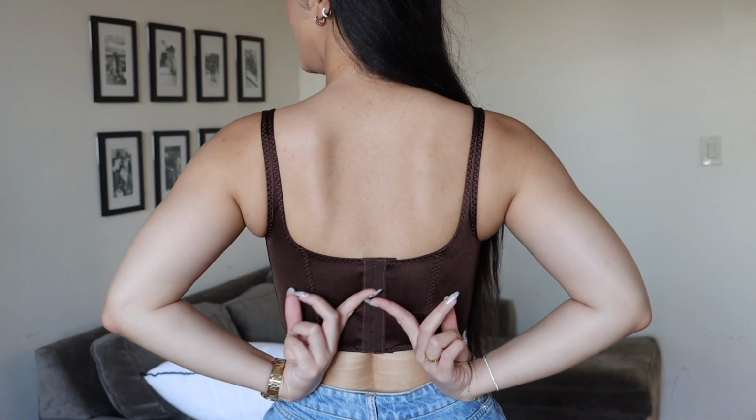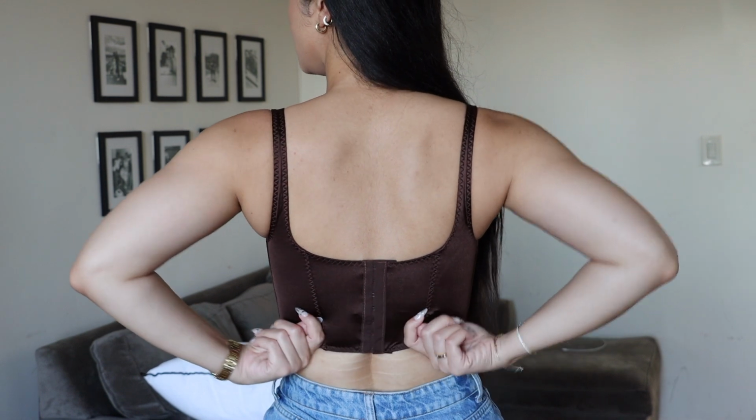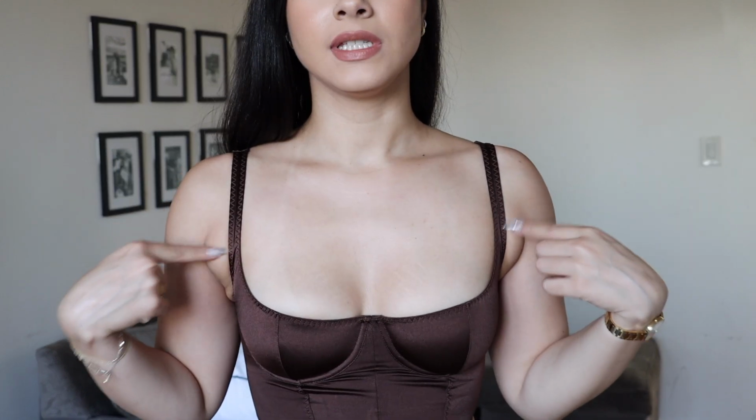This is the corset, and I definitely think I tightened it just a little bit too tight. You can tighten it if you need it a little bit tighter, or you can loosen it if you need it a little bit looser. And I think I tightened it just a little bit too much. I wanted you guys to see what it looked like with the different clasps. So this one is like the tightest that it could be,